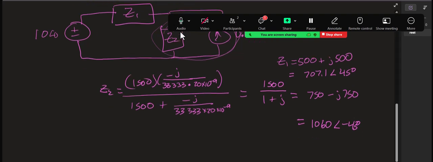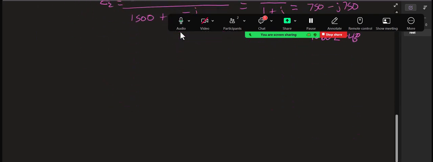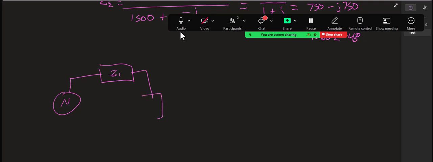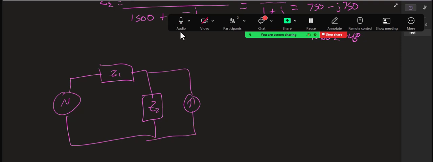So what we have is a voltage source and an impedance, and an impedance in parallel with a current source. Ordinarily I would transform the current source, because I hate current sources, hate them. But